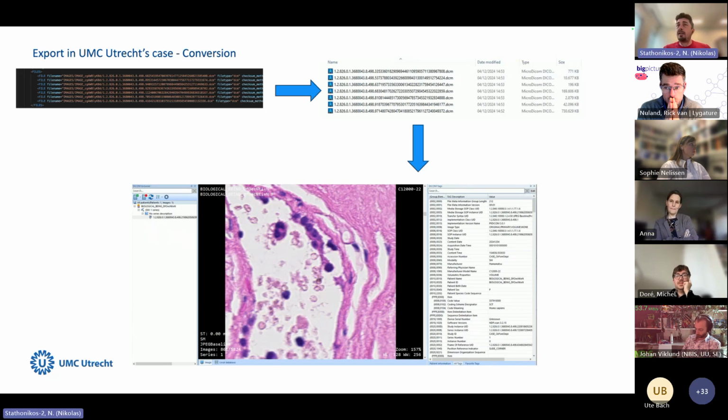So we might encounter a data set with DICOM soon enough in that sense. Yeah, but again, we haven't encountered that. And I know that there were DICOM because it is a standard, but every